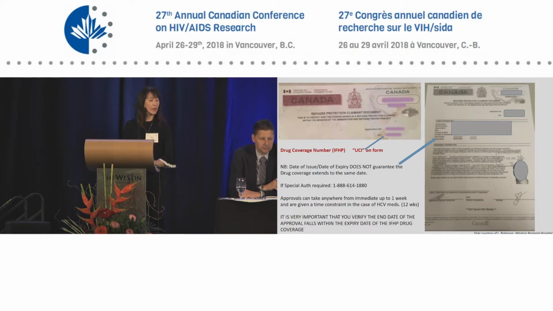Now, in order to qualify, people need to have one of two forms, and I want to thank Linda Robinson for providing this slide for me. So you notice that there's either a refugee protection claimant document or a certificate. One thing, and so they would go to a pharmacy and present this documentation. One thing to be aware of is that if there's a date of issue or a date of expiry on this form,